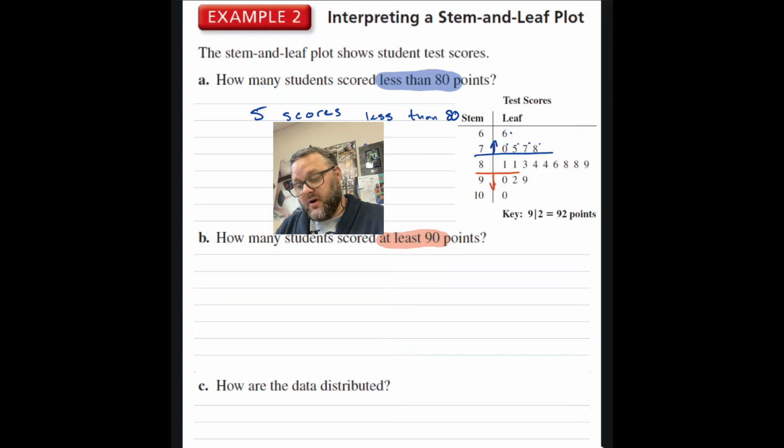All right, moving on to how many students scored at least 90. So we find that 9, and again, it's at least, so I don't want to go below it. I'm going to draw a line between the 9 and the 8, indicating between the 90 and the 80, and I'm going to look for anything higher, or in this case, below the 9. So we have 1, 2, 3, 4. So we have 4 students